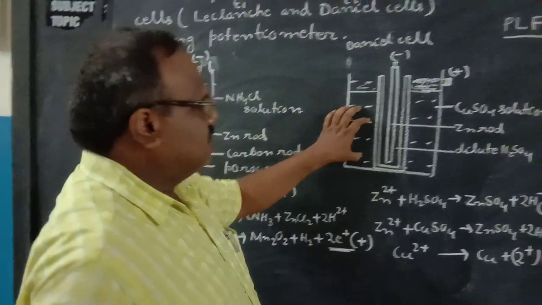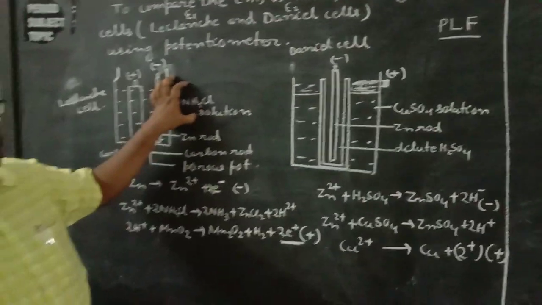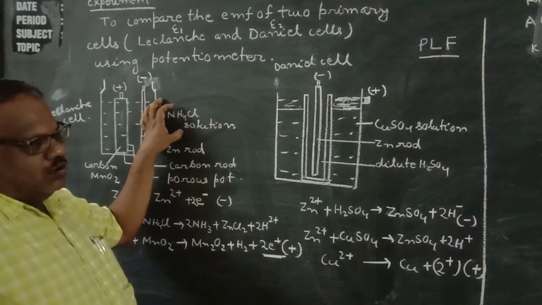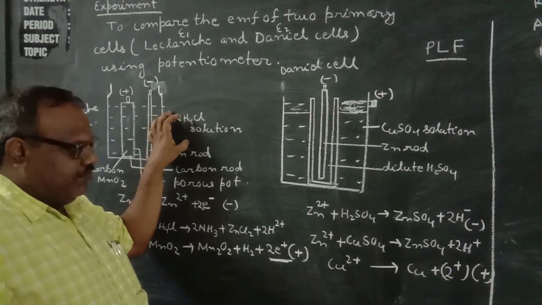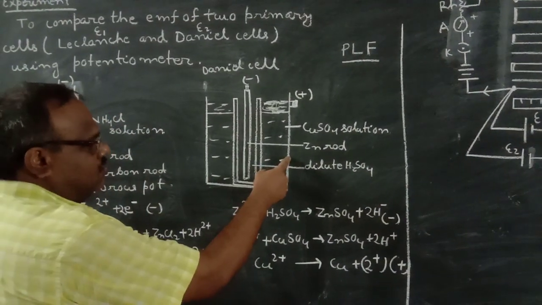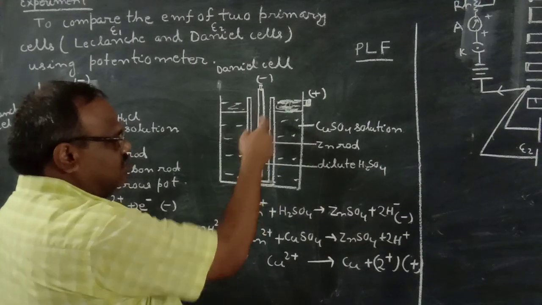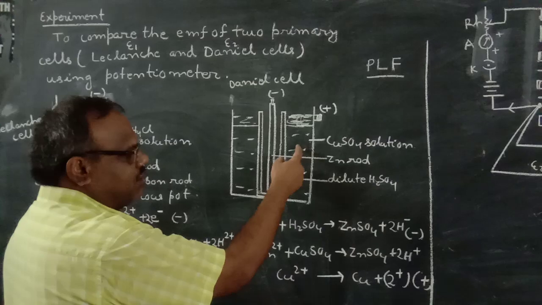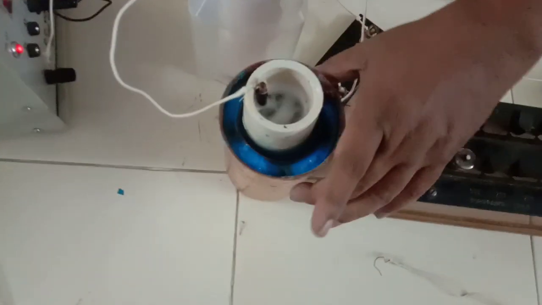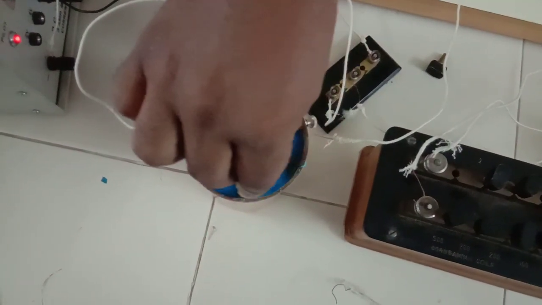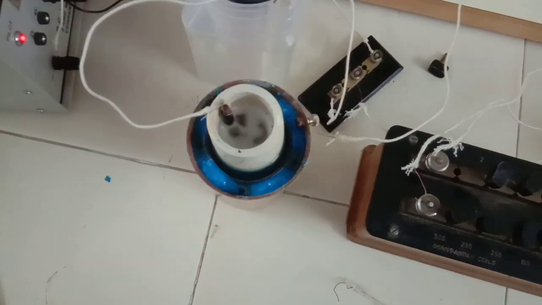The second one is your Daniell cell, and usually this cell gives you approximately 1.3 to 1.5 volt, and the internal resistance is high. This cell, that is your Daniell cell, has a copper vessel. Here there is a porous pot, inside a dilute sulfuric acid, and a zinc rod is inserted. Here we are taking copper sulfate solution. You can see here, this is the metal, copper metal, and I have taken here also some copper crystals, inside the copper sulfate solution.